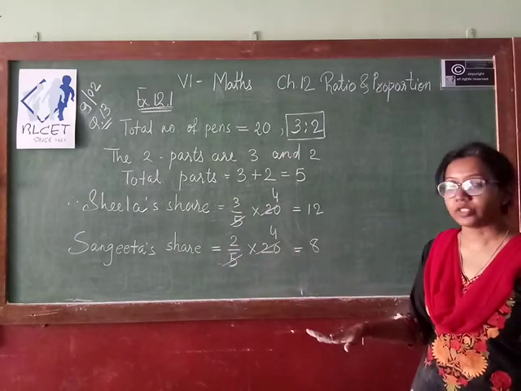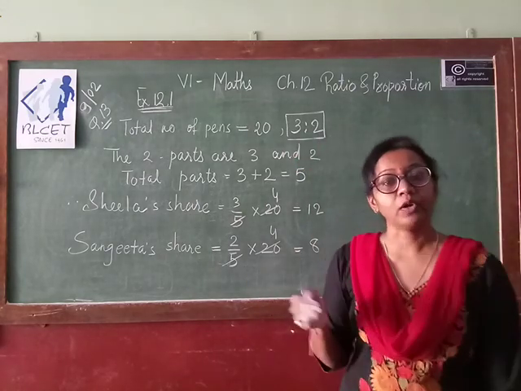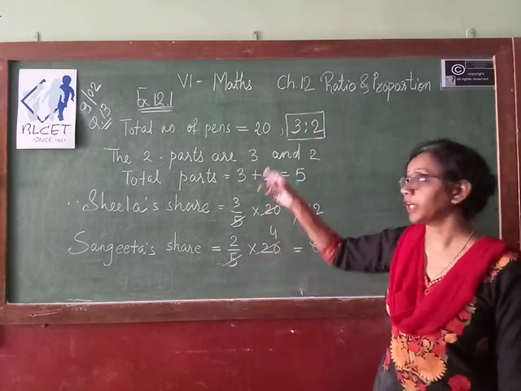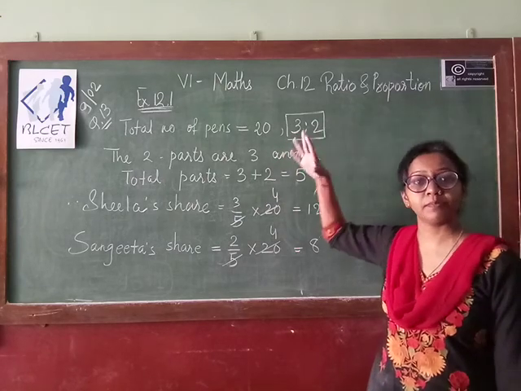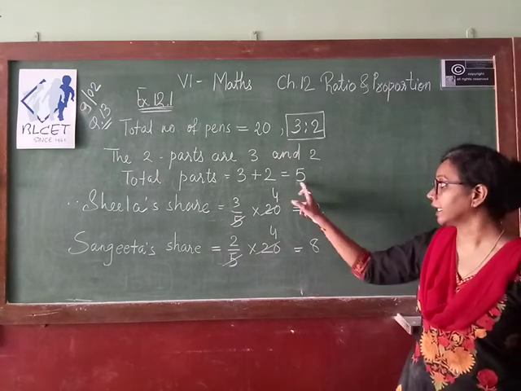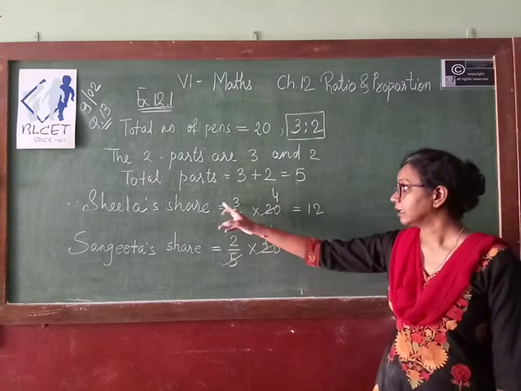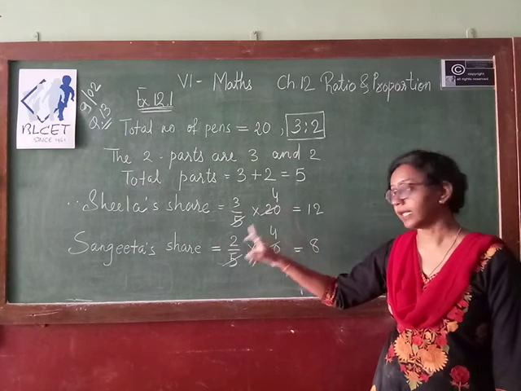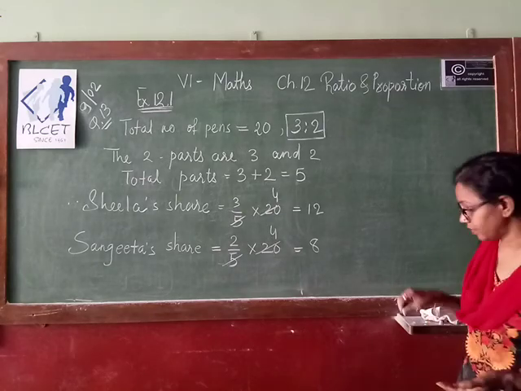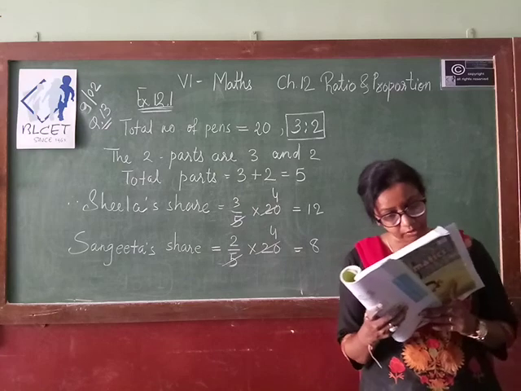In such kinds of questions, whatever ratio is given, that is the part of the whole. So first of all we want to find the whole. How will you calculate that? Whatever parts are given, 3 and 2, these are the parts of the whole. So when you take the sum of those, you get the whole number. Then you can calculate what 3/5 part of the pens and 2/5 part of the pens is, the number you are getting. So this way you can find the answer. So this is all about question number 13. Move on to the next question.